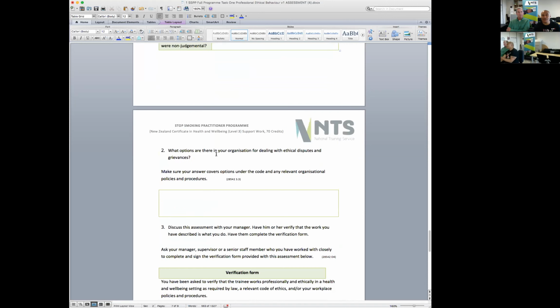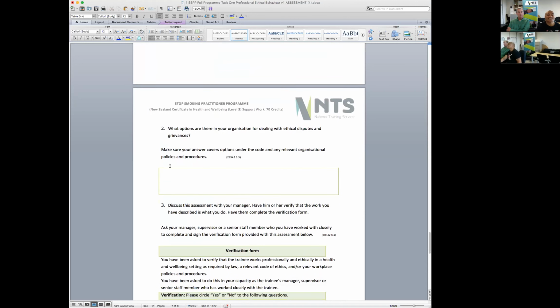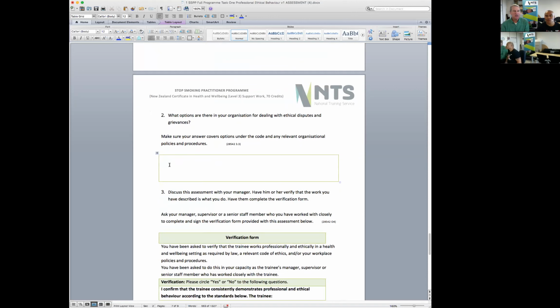And if we move through to the options about your organisation dealing with disputes and conflicts. What might that look like, Grant? Every organisation should have policies in place about dealing with complaints, grievances, and disputes that occur inside the workplace as well as outside the workplace.